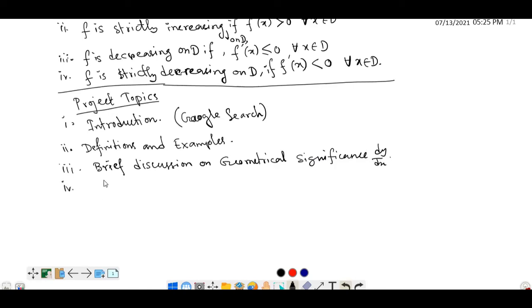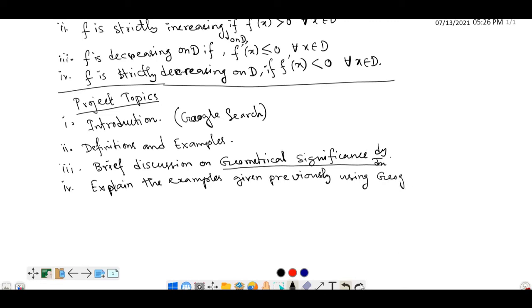And number four is to explain the examples given previously using the geometrical significance of derivative. And after this, what you can give is